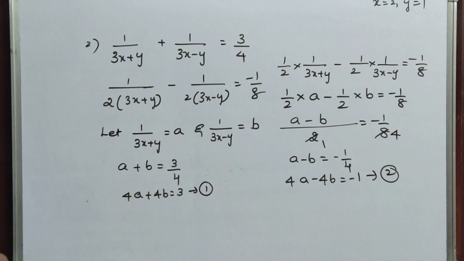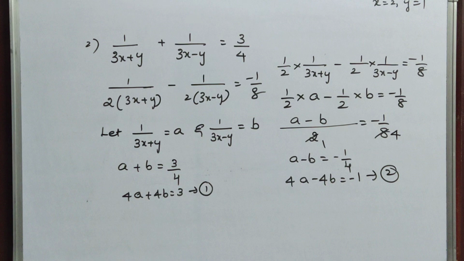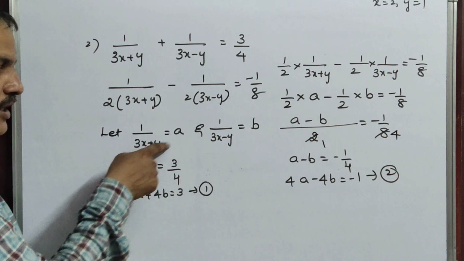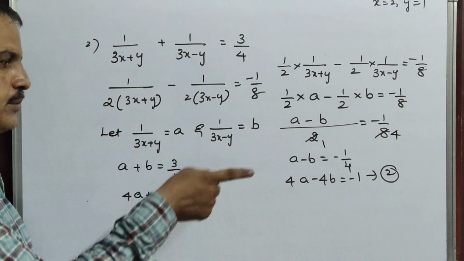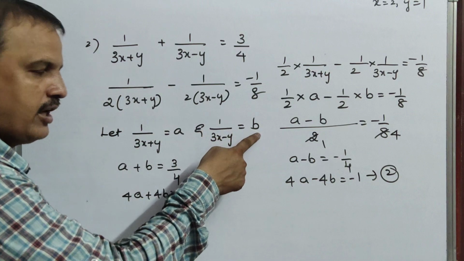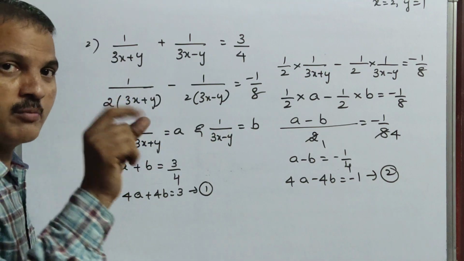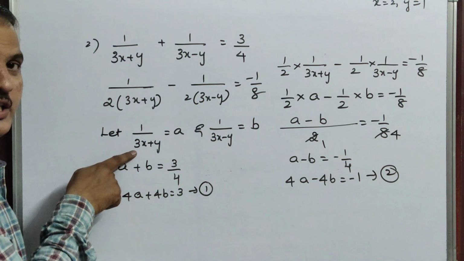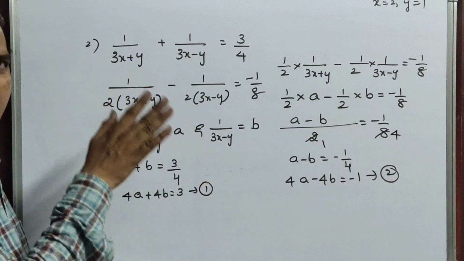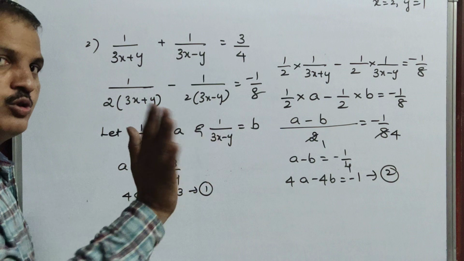Now from this, again you will find the values of a and b. Then what you have to take? Here already we considered 1 by 3x plus y equals a, no? So you substitute the a value here and do. Here also substitute the b value and do. What will happen, you know? Here it is not like before, only 1 by x or 1 by y. Here if you clearly observe, there are two variables. That means again the same model you will get. If you do the sum you will understand.